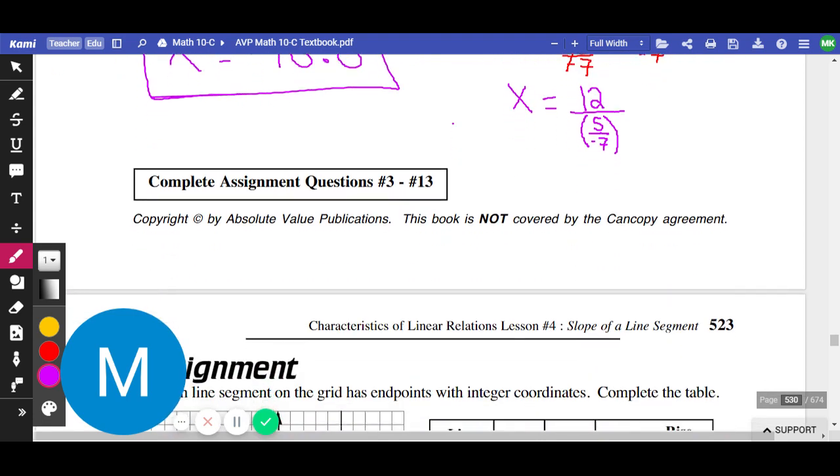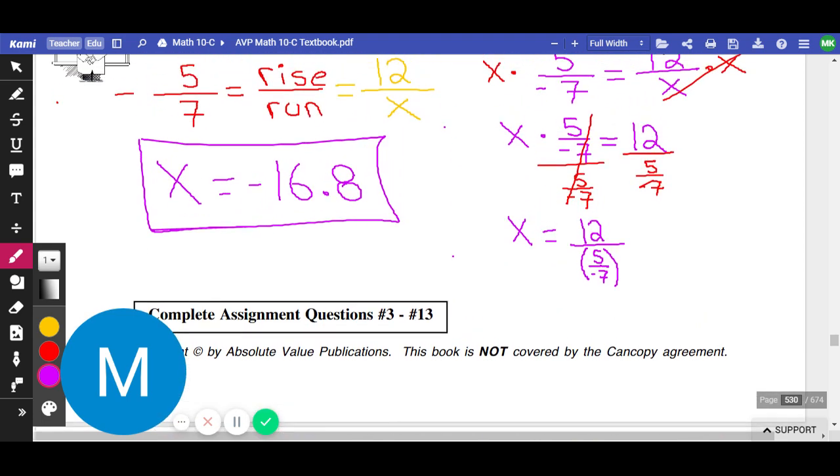Awesome. When we come back from the weekend, we're going to do slope again, but a different type of calculation of slope. I think you're going to want to master today's slope